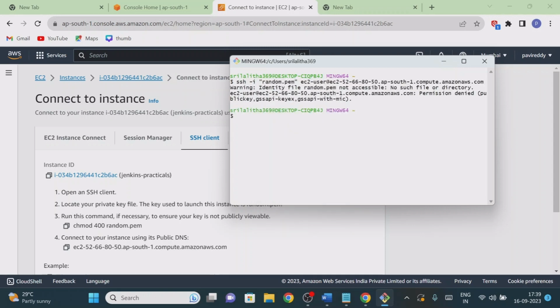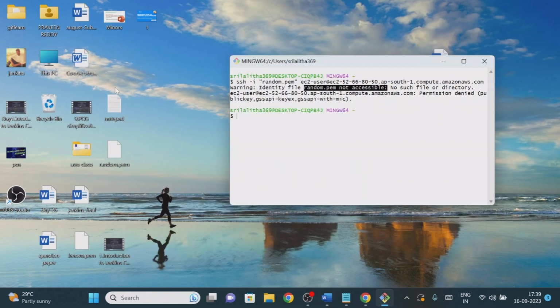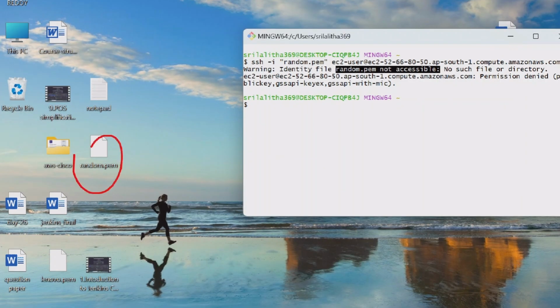Now see what it is showing. It is showing a warning: identification file random.pem not accessible. What is the meaning of this? Where have we stored this random.pem? On my desktop, right?